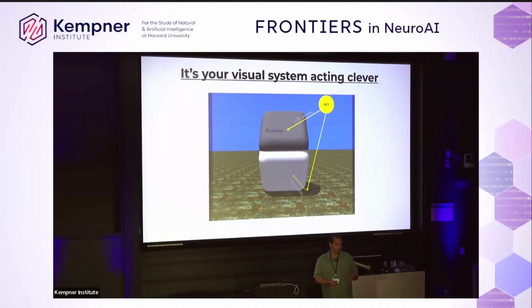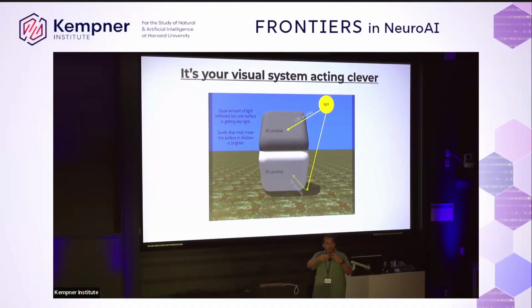And this surface down below is getting incident light. It's not getting as much light, and yet the same 30 candelas is coming at your eye. The only thing that makes sense is the surface below is a bright one in dim lighting, and the one above is a dark one in bright lighting. And this is referred to as your visual system solving the inverse graphics problem, where the image itself